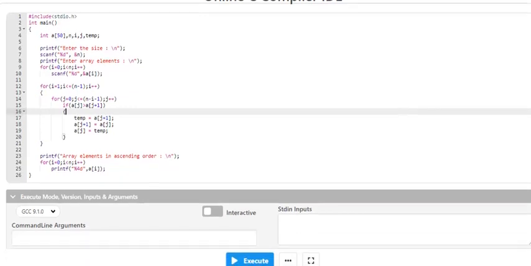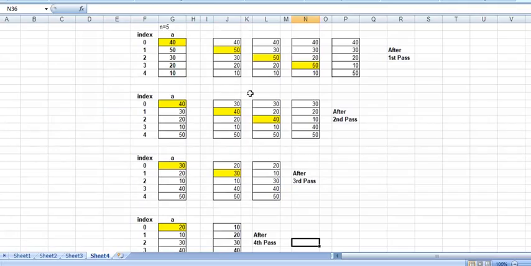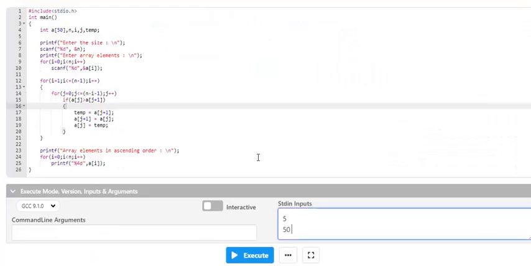Now this program expects input, so I will give the input here. I will give the same values we gave for our example: 40 50 30 20 and 10.